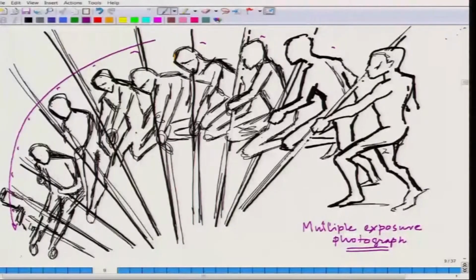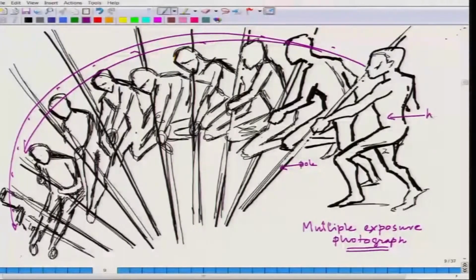So, basically in this picture there is one action that is taking place. When we look at this, it is not about the human figure, not about the pole or the human figure, but the emphasis is totally on the action